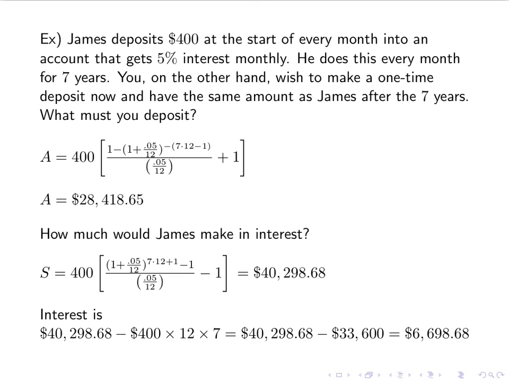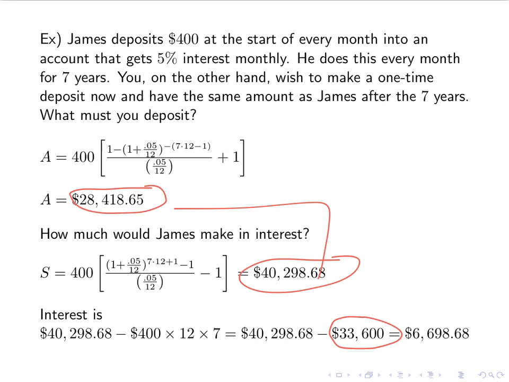So a couple of things to note. James ends up putting in $33,600 altogether. You ended up putting in $28,418.65. At the end of those 7 years, you both made this amount. James put in more, which means you made more in interest. Right? If I wanted to subtract these two, your interest is,